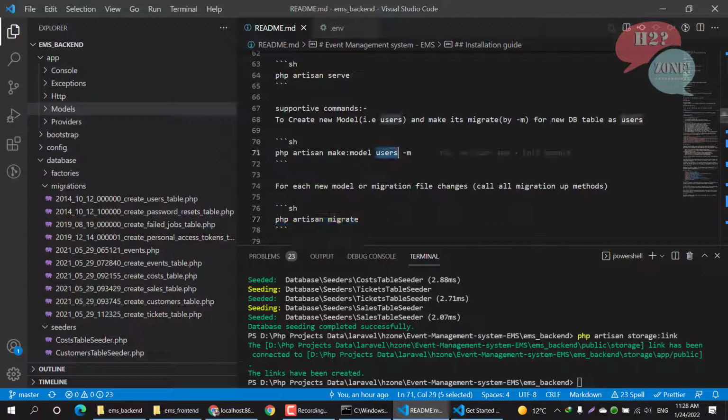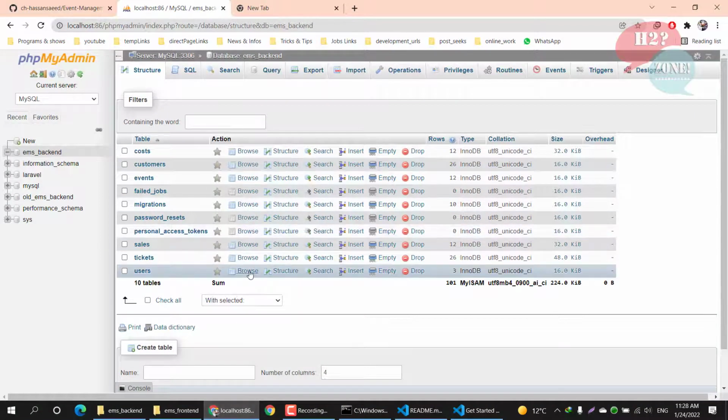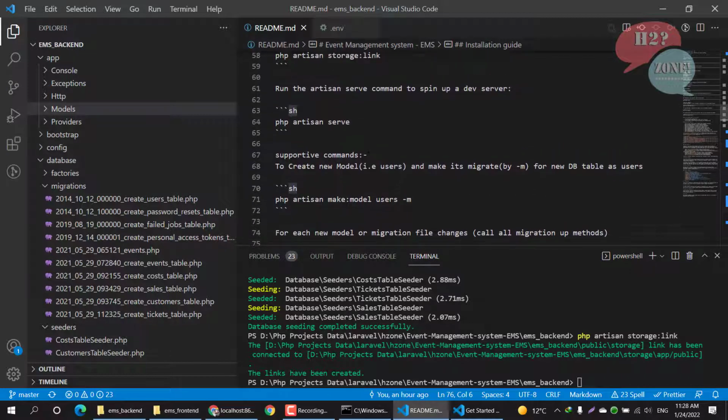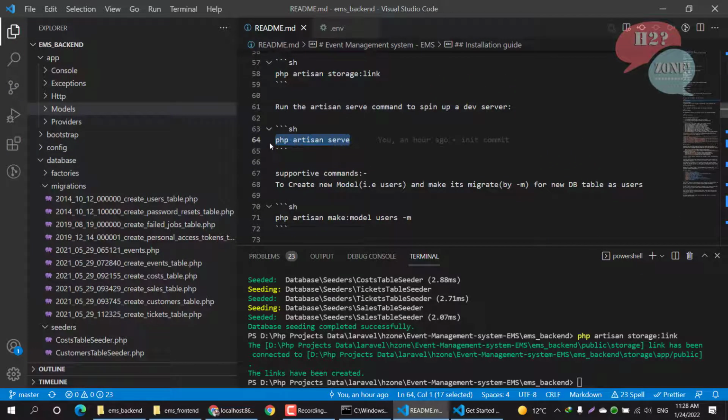We can give any name like post, so it will make the post table in our database, but ensure that our old tables should be deleted. Okay, now we will run this command,